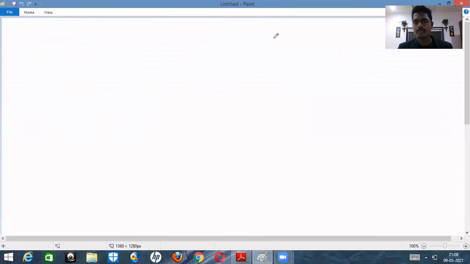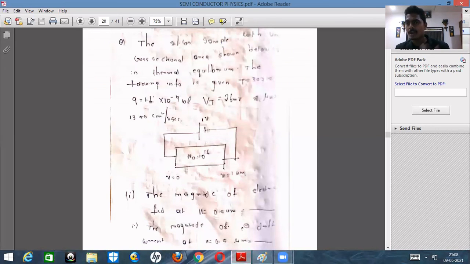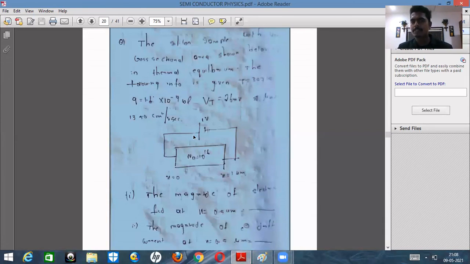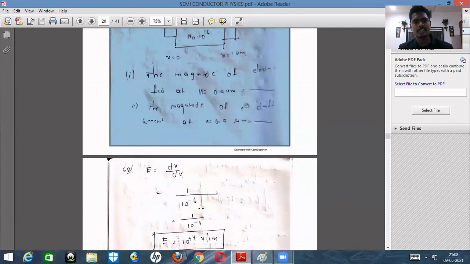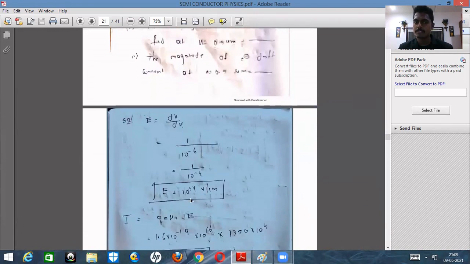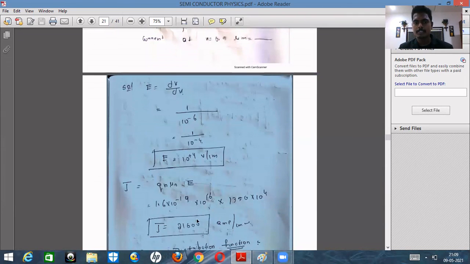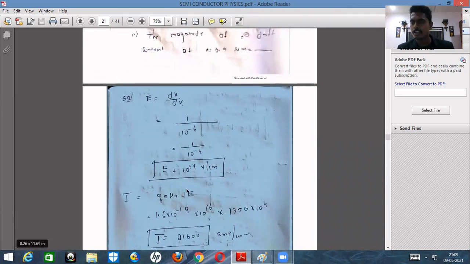Okay. So I think you have a brief idea how the questions will come and how we need to approach. So simply, we need to understand the fundamental formulas, and we need to know the concept, and we need to read the question carefully and solve accurately. Okay, so that is the thing. So electric field intensity is 1 by 10 power minus 4, 10 power 4 volt per centimeter. So by this we can easily calculate the thing. Okay, fine. So this is how we will solve the problems regarding the first part.